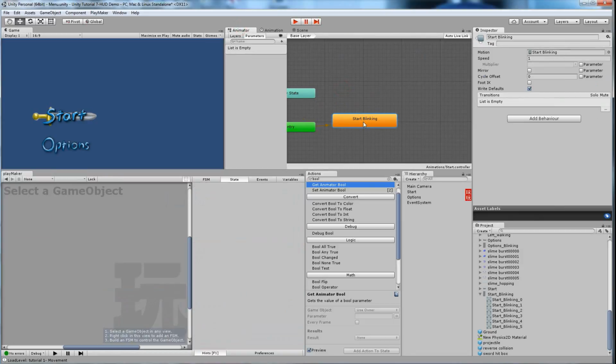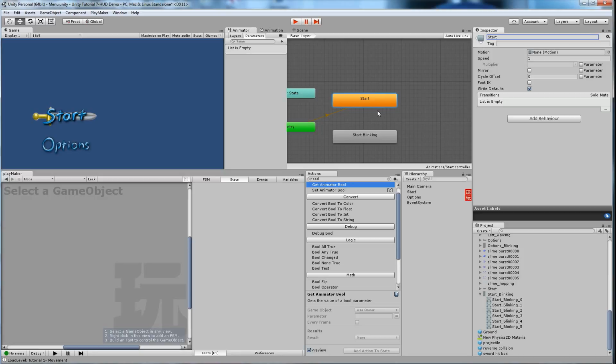So I have start blinking. That's the default state, which I don't necessarily want. I want one more state. So right click, create state empty. And this state, I'm going to right click and say set as layer default. So this is going to be the non-blinking state. So that's blinking. This one I'm going to call just start. And because I can't put a sprite right here, it wants a motion, it wants an animation,